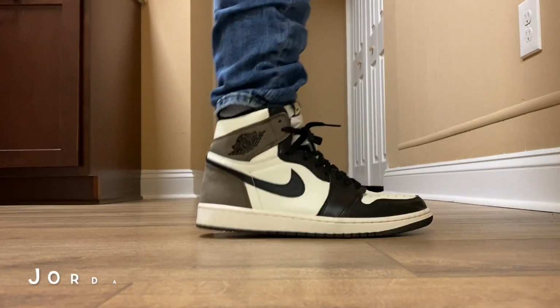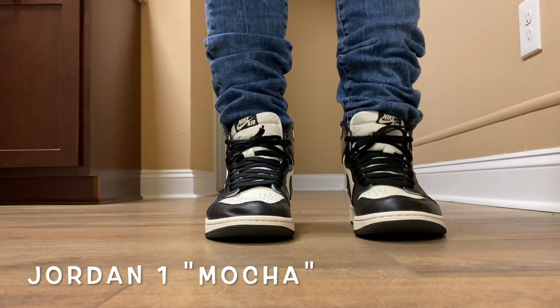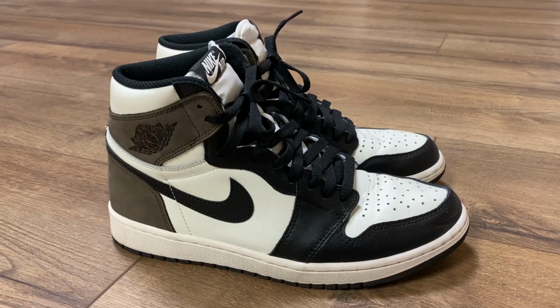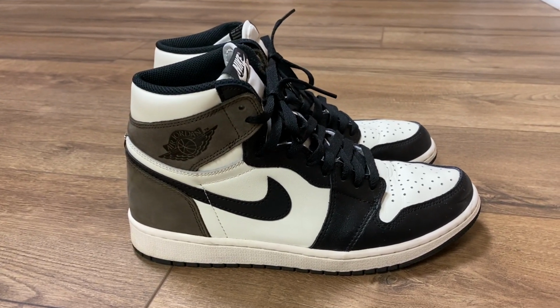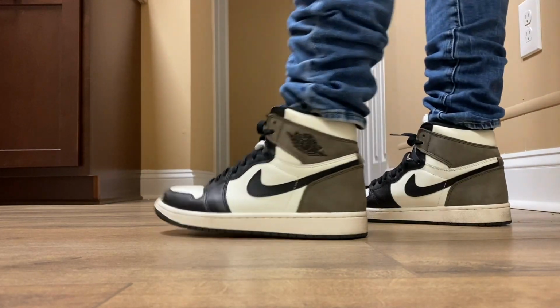The number 3 spot is easily one of my favorite pickups of the entire year. I think this shoe just looks so good. It's the Air Jordan 1 Mocha. This came out on Halloween this year, October 31st, and this was a shoe that I feel like everyone was going after. It definitely does resemble the Travis Scott Jordan 1, but I think this colorway just looks so good